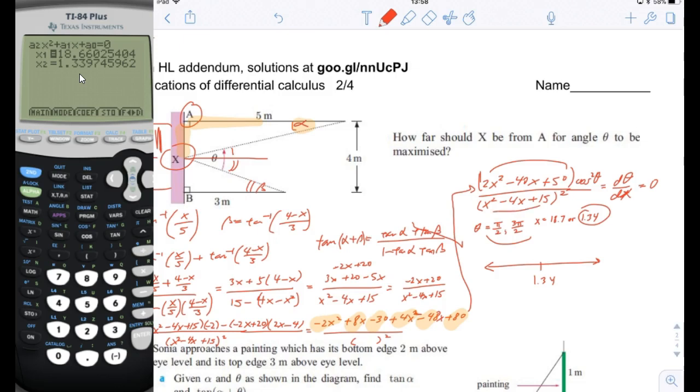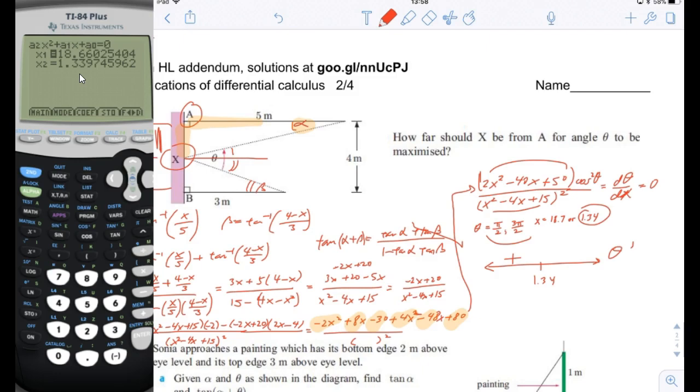And then the bottom number, 0 plus 15 squared, that would also be positive. So it would be positive. So if you were doing the sign diagram for the derivative of theta, then you would get positive left of 1.34. And then if you put a bigger number than 1.34, for example maybe 2, if you put 2 in here, then you would get a negative number